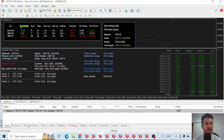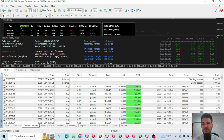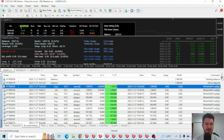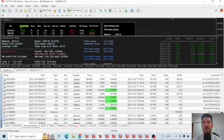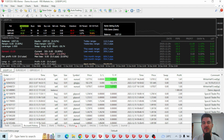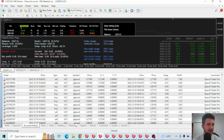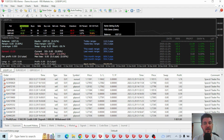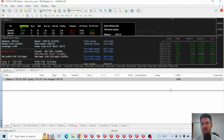The reason why it has only made $57 is it did have a previous robot trading on here, which ended up being like White Hat FX, or wasn't what it was. It ended up blowing the account. So as you can see right here, I put another $1,000 into the account to bring it back to the 1,000 that it starts, and it has only been trading since the 12th, so halfway through December. So it only traded 2 weeks, and in that 2 weeks it has made,